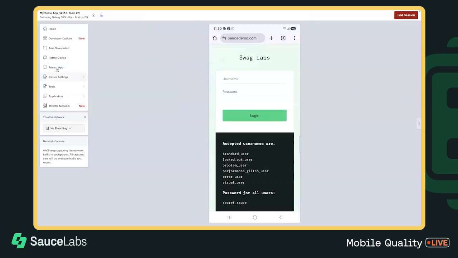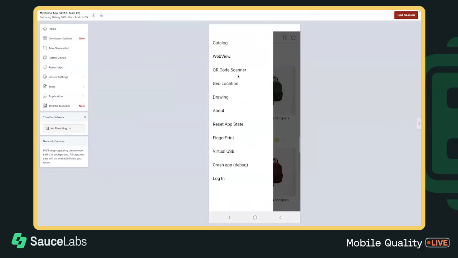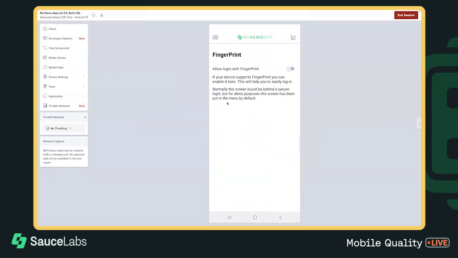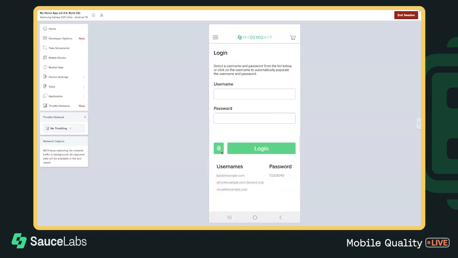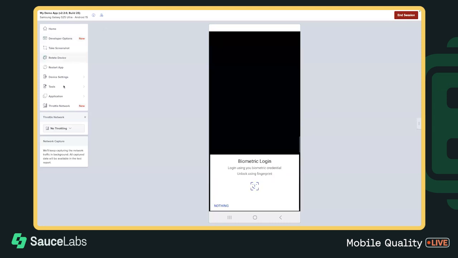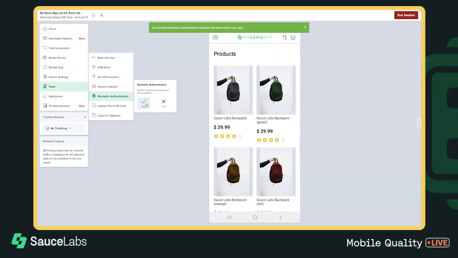We can also do things like biometric login. So if I set up my fingerprint here, let's go ahead and do that. If I go to the login screen, what I can do is I can send a pass or fail biometric to the app to test login functionality. So it's worth noting that sending a fail, that is a viable test, right? You want to be able to test whether a failed biometric auth is, say, showing the right error message or something to that effect. I'm going to send a pass, and we can see that I'm effectively logged into